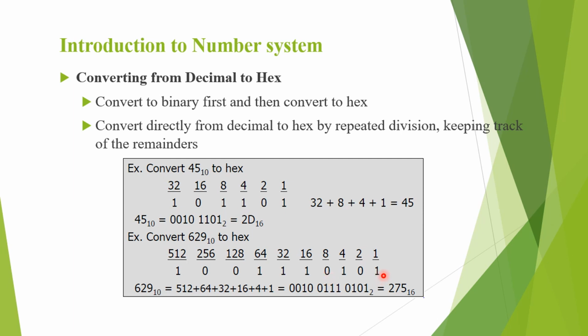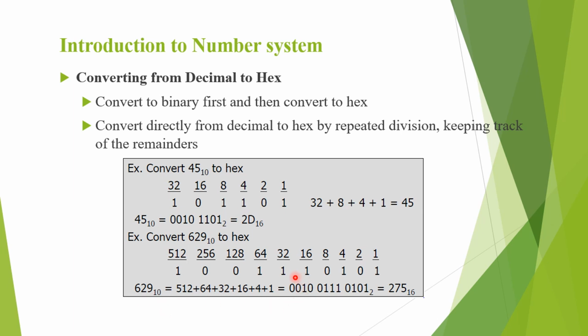So first we will start writing from the right side. So it is 1 0 1 0 and then 1 1 1 0, then 0 1. So here we are having only 2 bits, so we'll add 2 bits to the left side. So we get the number as, reading from the right side, 1010, then 1110, then 0100. So this is the binary representation of the number 629.